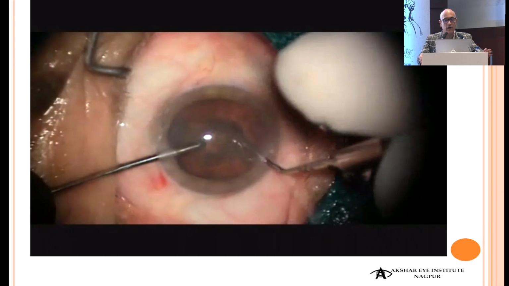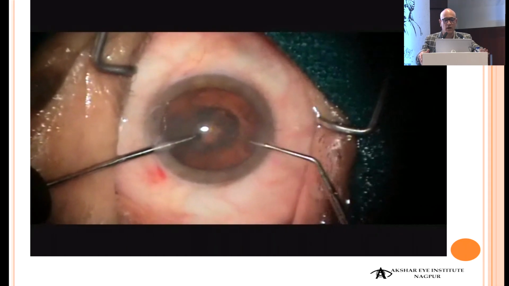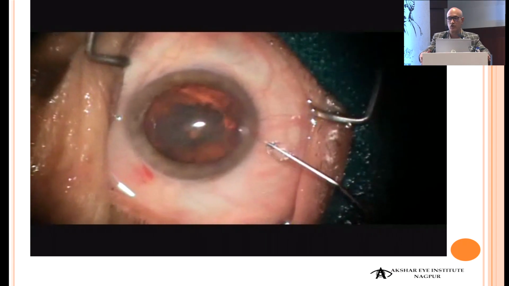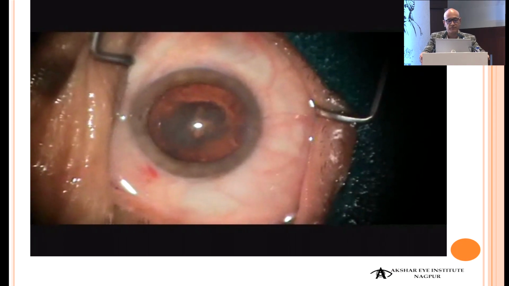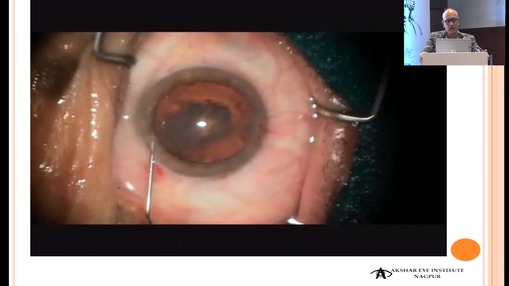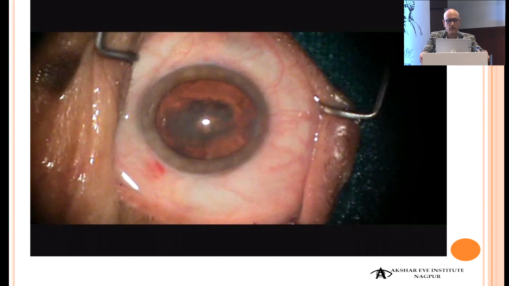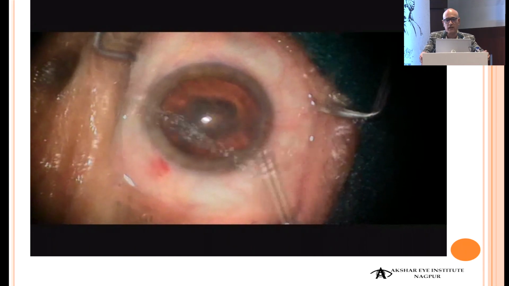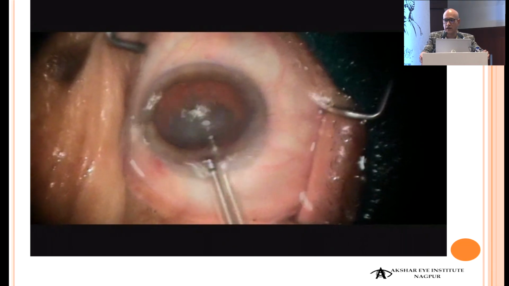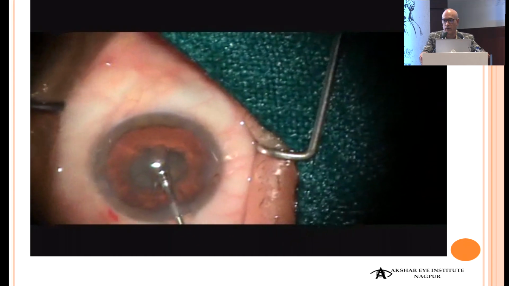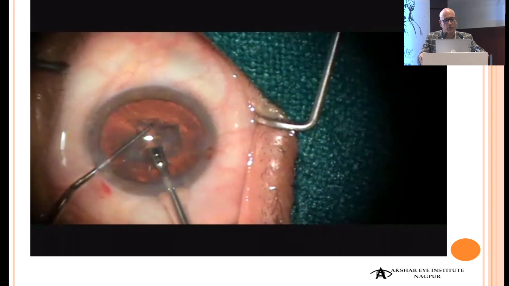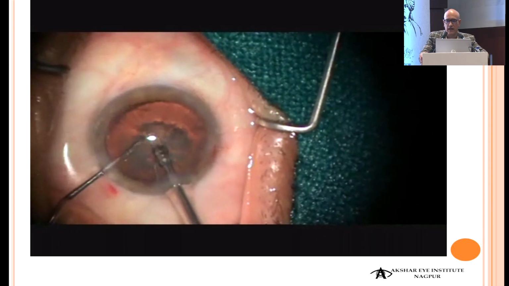Now is the area where again you would require viscoelastic because you're taking out the instrument. So you just hydrate the two side ports so that the anterior chamber is again formed and filled. Now once you have done this, before you actually put in the phaco probe, you need to put the irrigation on. The phaco probe should never enter with the irrigation off. So with the irrigation on, you can put in your phaco probe,